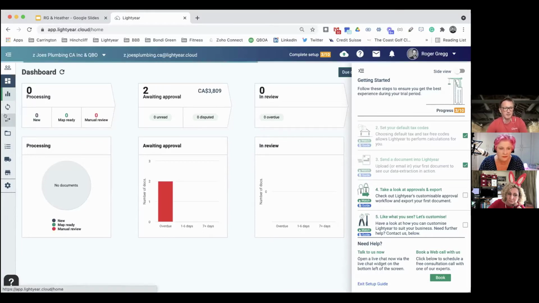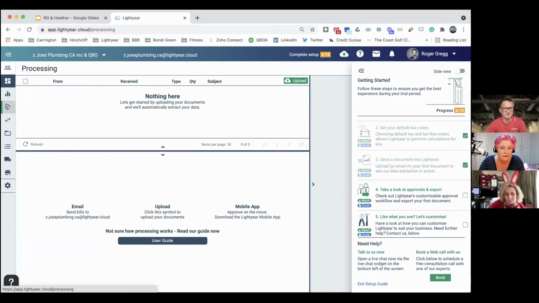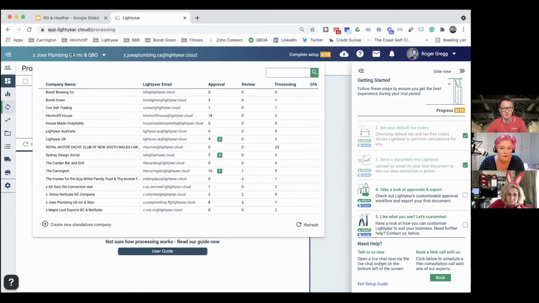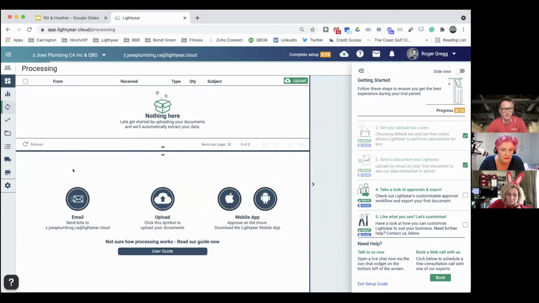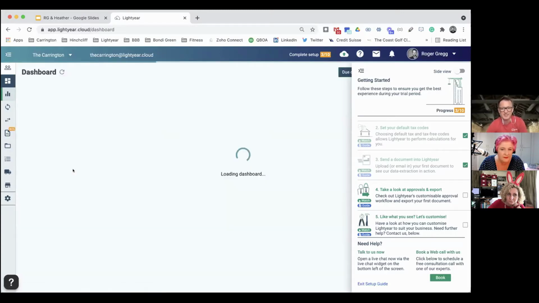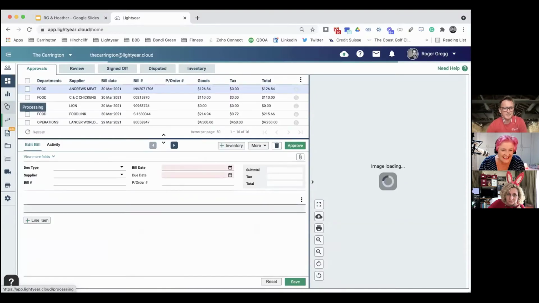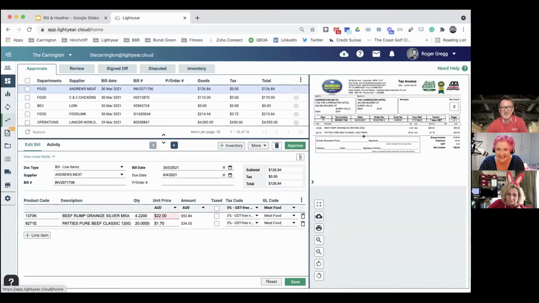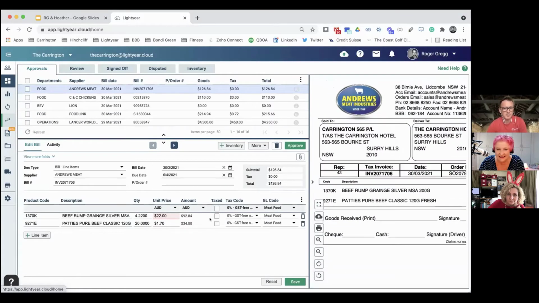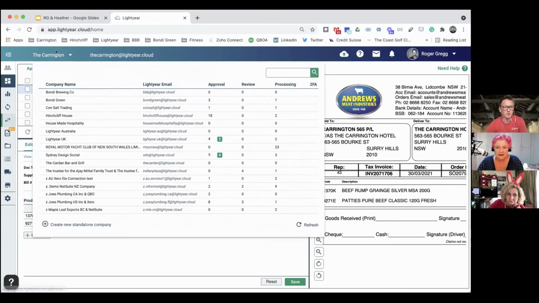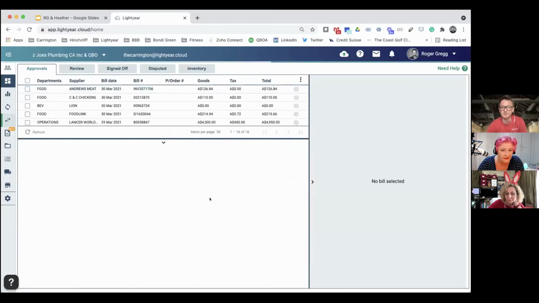And that will look something like, no, nothing there. Let me just jump into one of the hospitality venues because of the live data in here. LightYear would basically present to you the data that it believes you might wish to extract from the bill or the document that you have put in. Okay. Once you've done that, jumping back to Joe's,